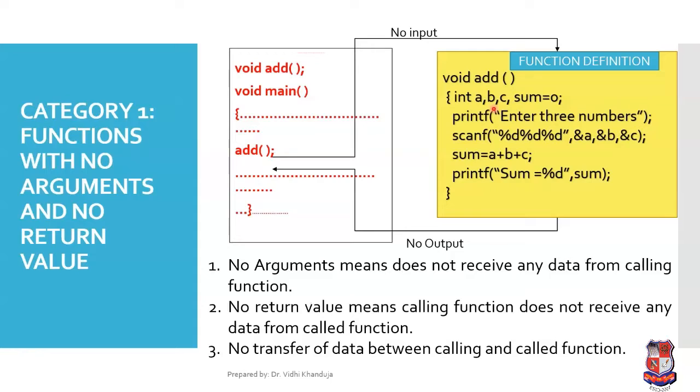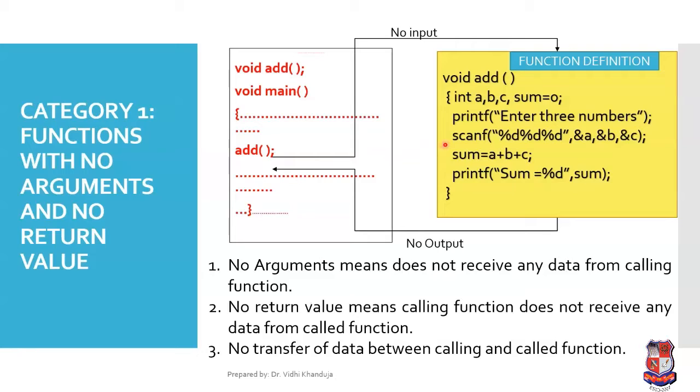Now, since in this category we have no return value, the function is not going to return anything, right? So we are not writing return here. That means the function will print the value of sum within that particular function only, right? So there is no output to the main,